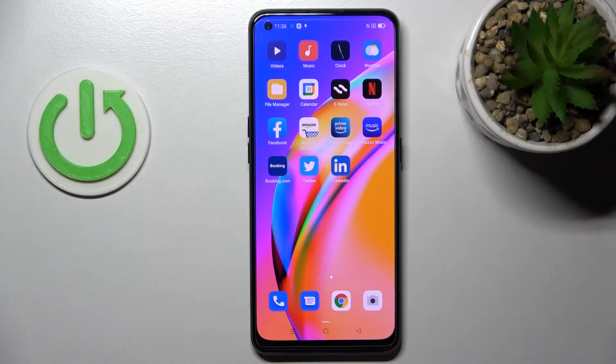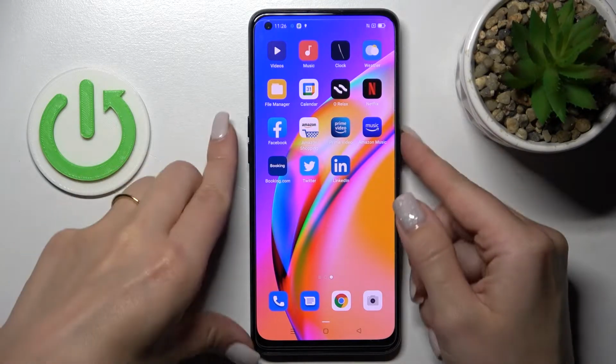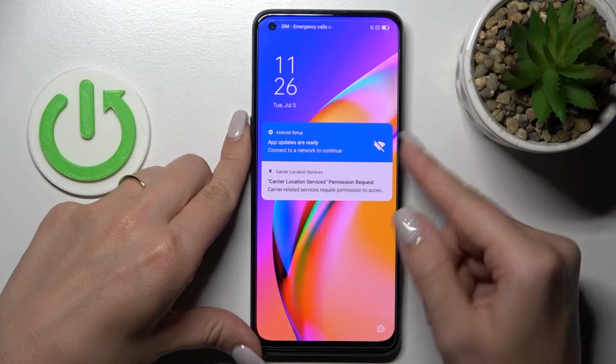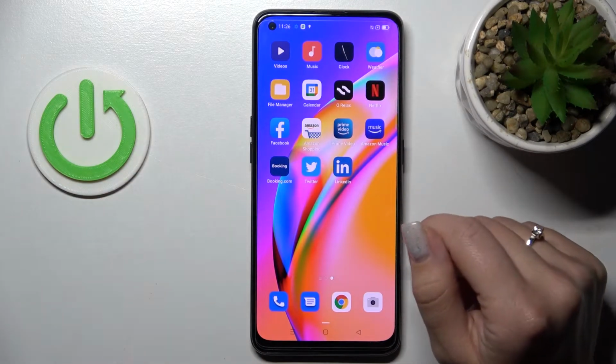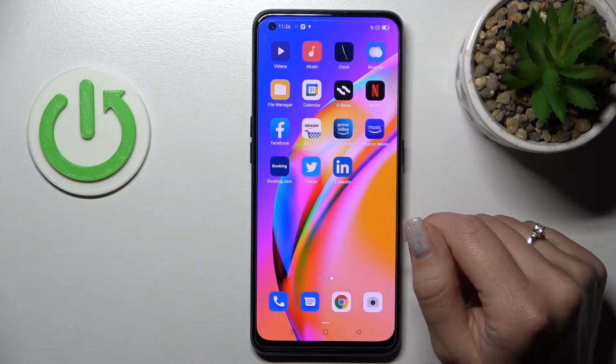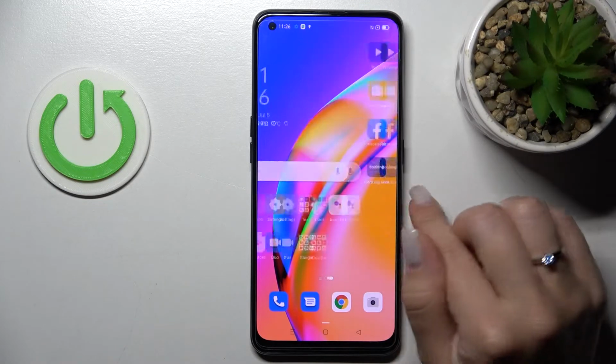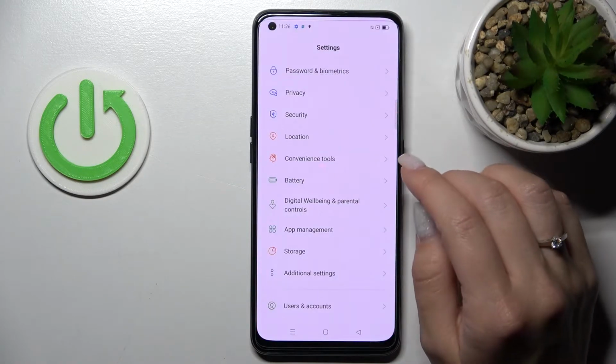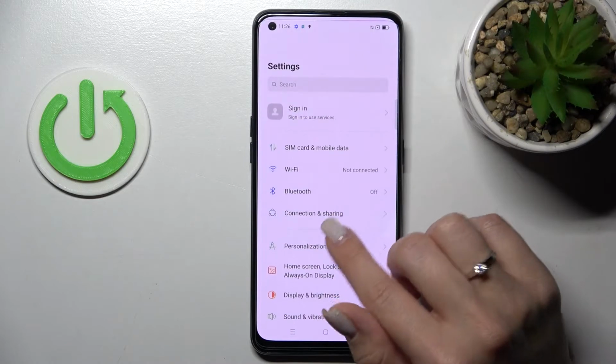Welcome to the in front of me OPPO A94, and I'll show you how to change lock screen wallpaper on this device. So now we can see that we have the same wallpapers on the lock and home screen of our device, and just to change the lock screen wallpaper, you should open the settings app, and after